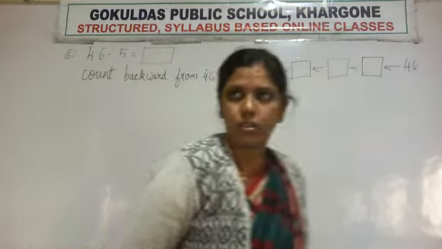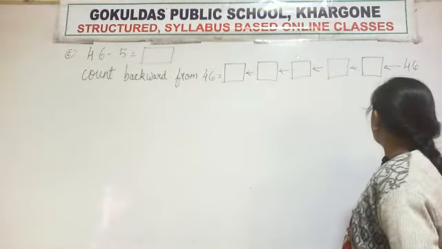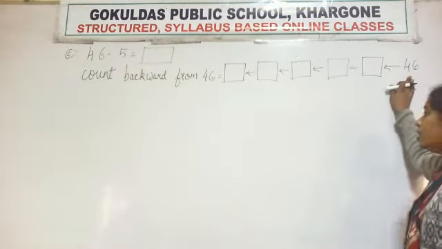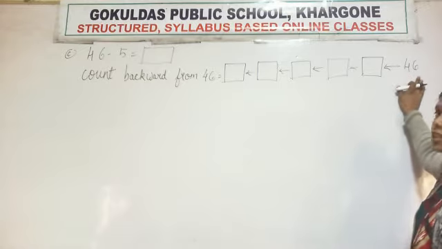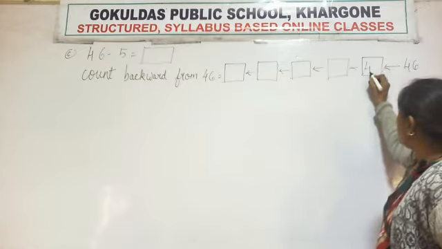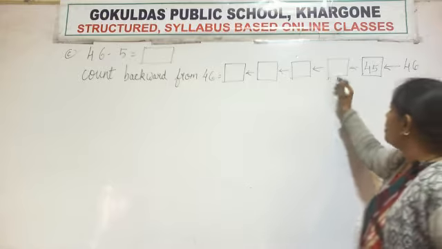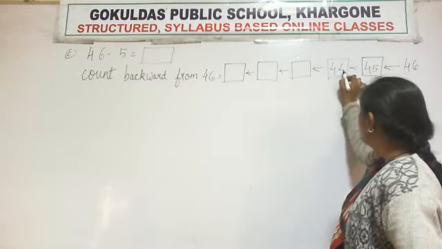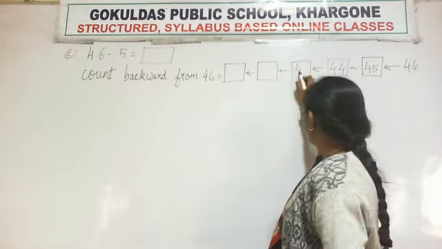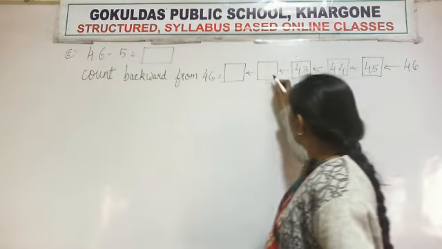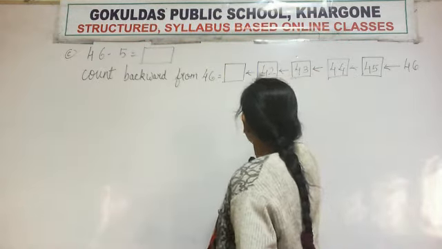Okay, now start writing the numbers backward from 46. The number that comes before 46 will be 45. Next number 44. Then 43. Then 42. And the last number will be